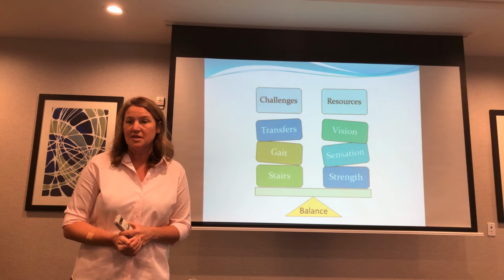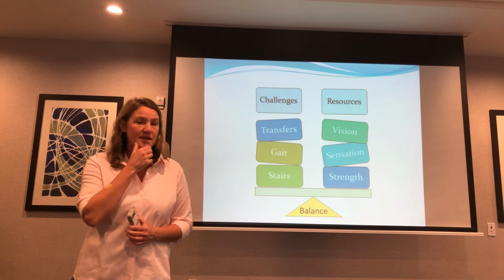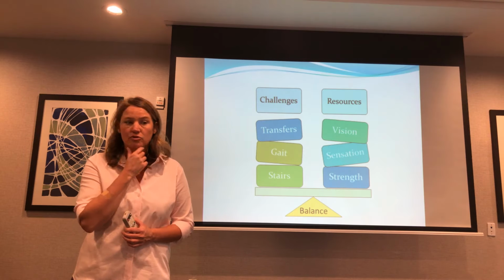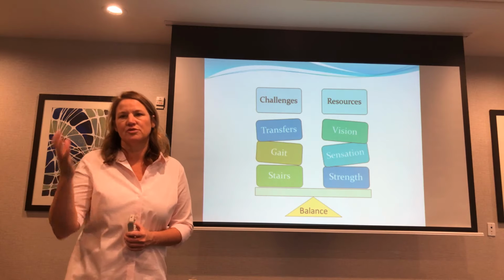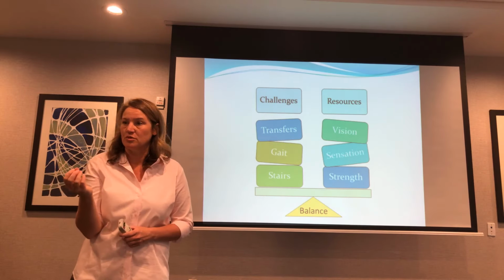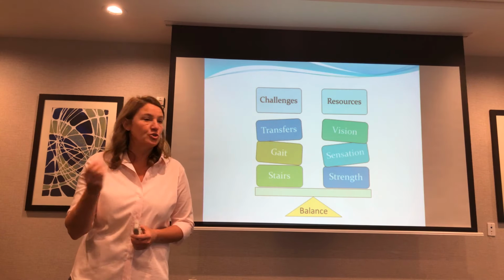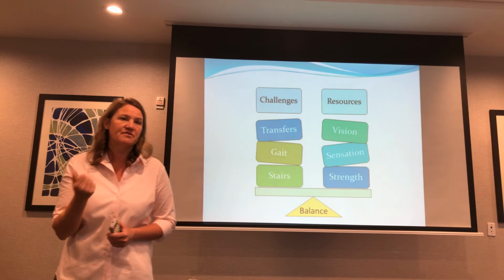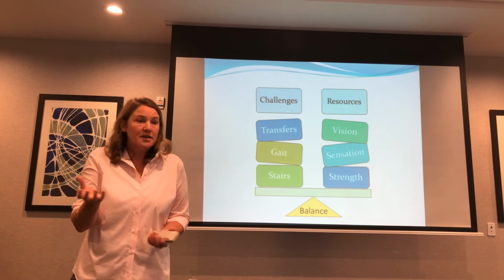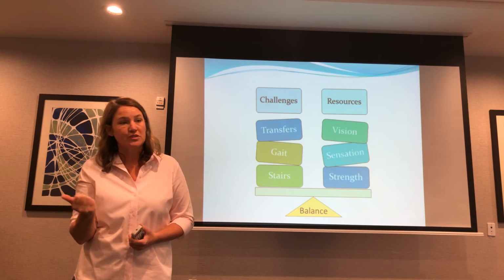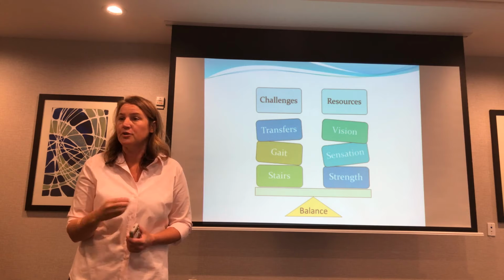And many of these things don't have to happen as quickly as they do, because there are pathologic changes that sometimes are preventable and reversible. But your general population of elderly have a slight decrease in all these resources, and some people have a severe decrease in one or two of these areas. So your challenge is to figure out why they are impaired, what is impaired, is it reversible, can you restore it, is there something you could do about it, or is it irreversible and therefore you need to compensate for it.